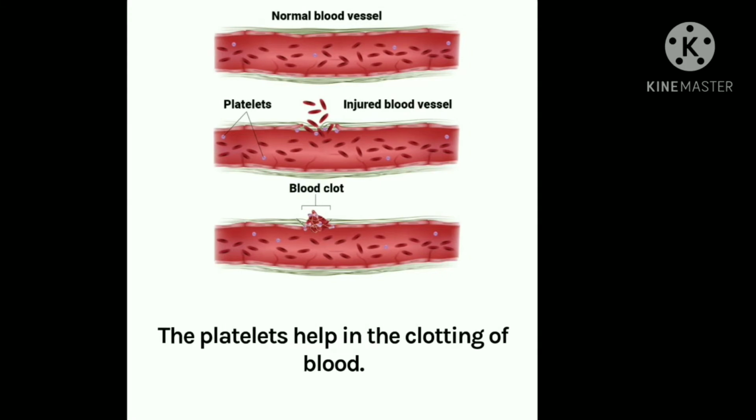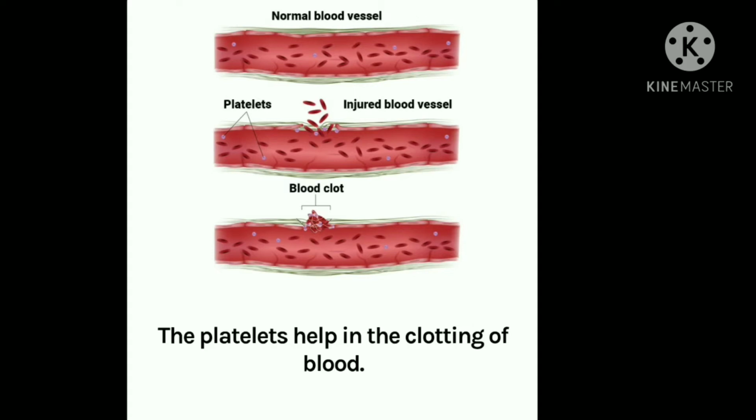Now we will see about the platelets. So you are aware the platelets help in the clotting of the blood. Means so many times, as here in the diagram you are able to see, this is the normal blood vessel. If because of injury this blood vessel gets ruptured, and blood is coming out, so here what do these platelets do? The platelets make the blood clot, by which they stop the blood from coming out of this cut.